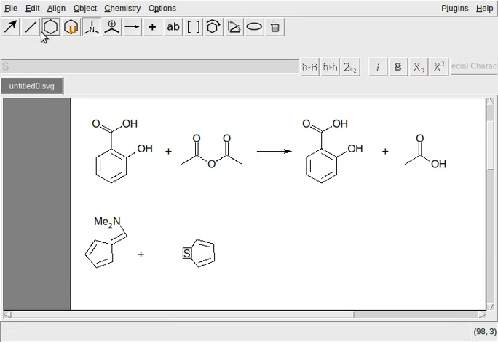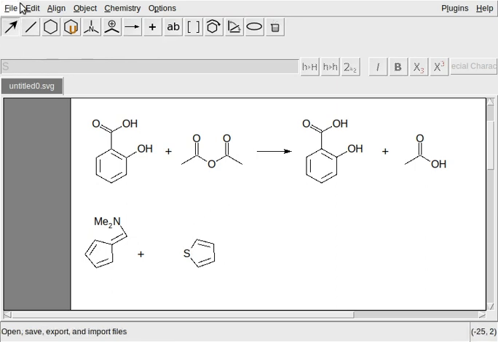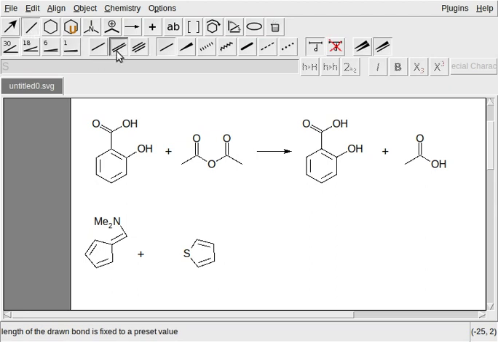Then double bond O. We can now choose to have a double bond here. Let us unselect it. Make double bonds. Where is it? This one. Ordinary double bond. Two double bonds coming out from sulfur. One this way. Just a minute. The angle is not very good. Yeah, now it's better. It looks better maybe. This one.